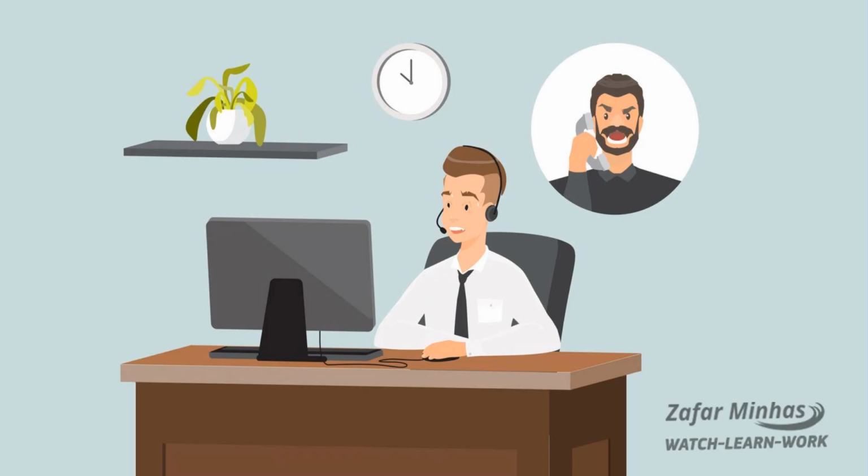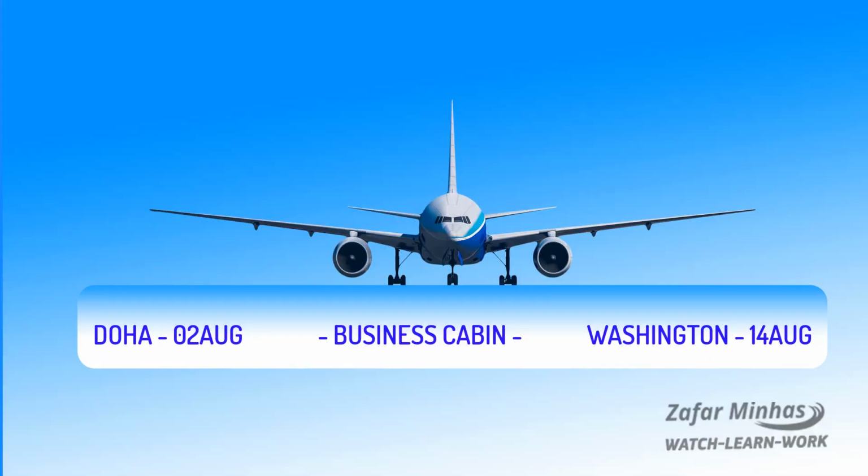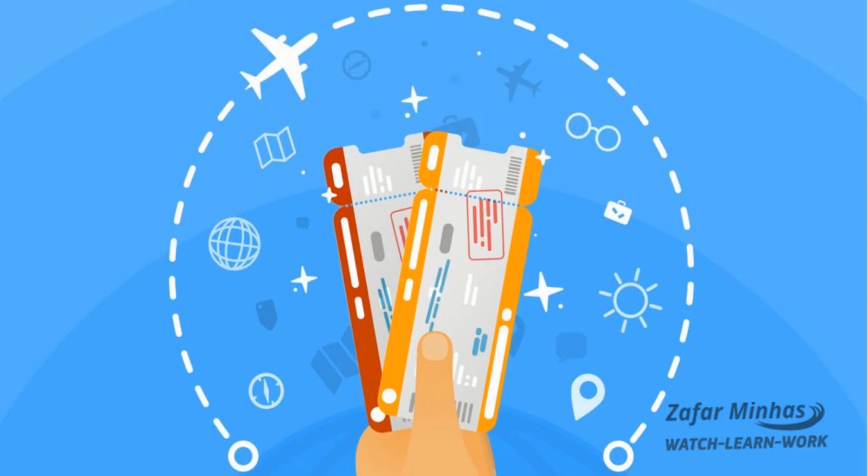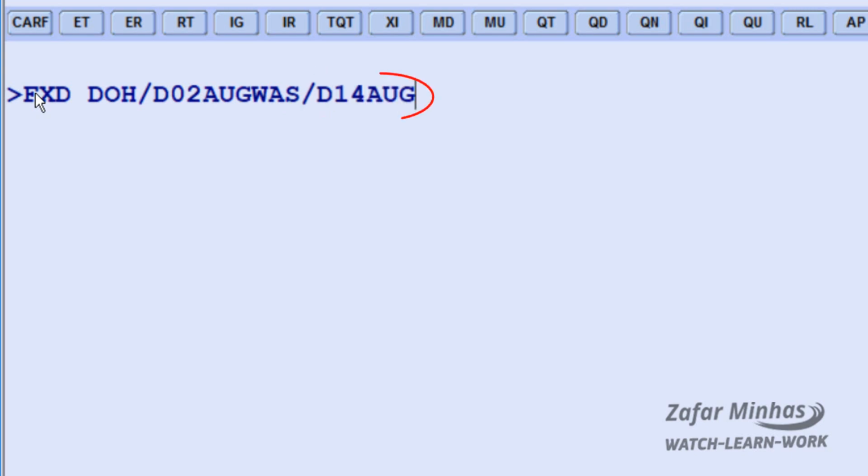For example, your customer is looking for available flight recommendation for business cabin traveling from Doha City to Washington City, departing on 2nd August and return on 14 August. To search available flights and fare recommendation, enter FXG transaction plus DOH Doha origin city 3 letter code /D date identifier plus 02 August departure date plus WAS Washington arrival city 3 letter code /D date identifier plus 14 August